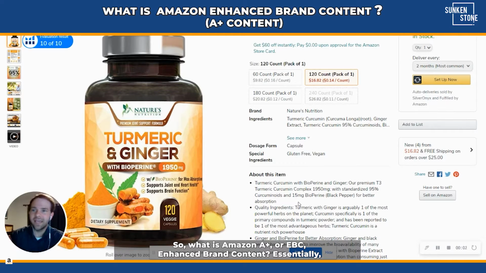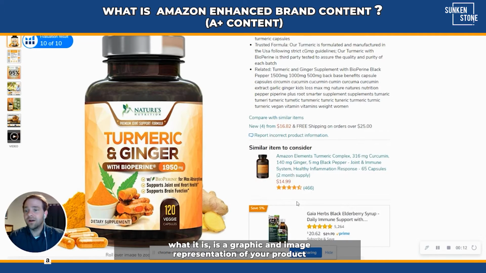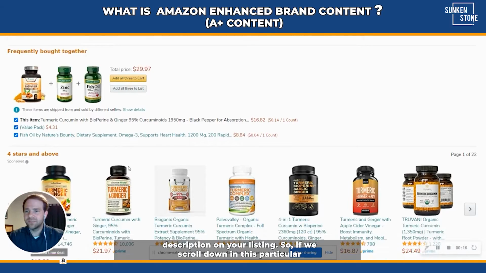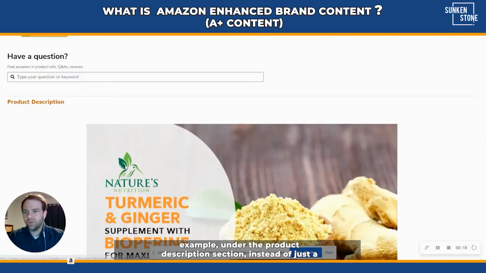So what is Amazon A plus or EBC, enhanced brand content? Essentially, it is a graphic and image representation of your product description on your listing. So if we scroll down in this particular example, you can see under the product description section, instead of just